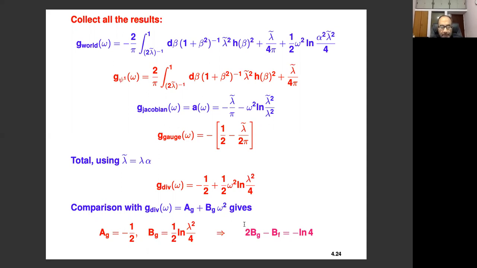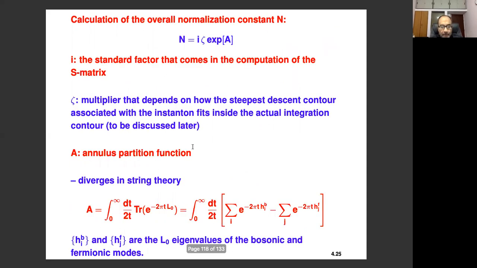Okay, so if not, let me now turn to the next problem, and that is to calculate the overall normalization. If you recall, this was found by BRY. They found, by comparing with the matrix model, the result minus 1 over 8 pi square. And you want to understand how to do this calculation from the string field theory perspective. Again, this is divergent in worldsheet theory, but you want to see if we can calculate this using string field theory.